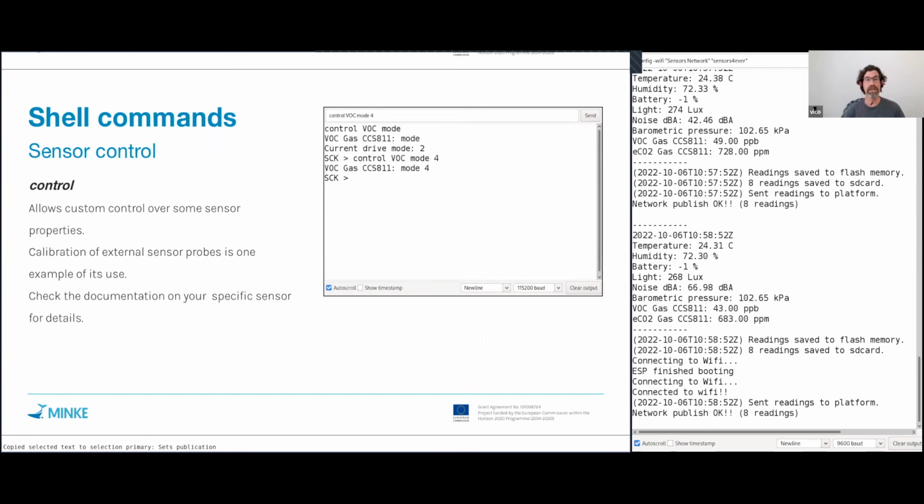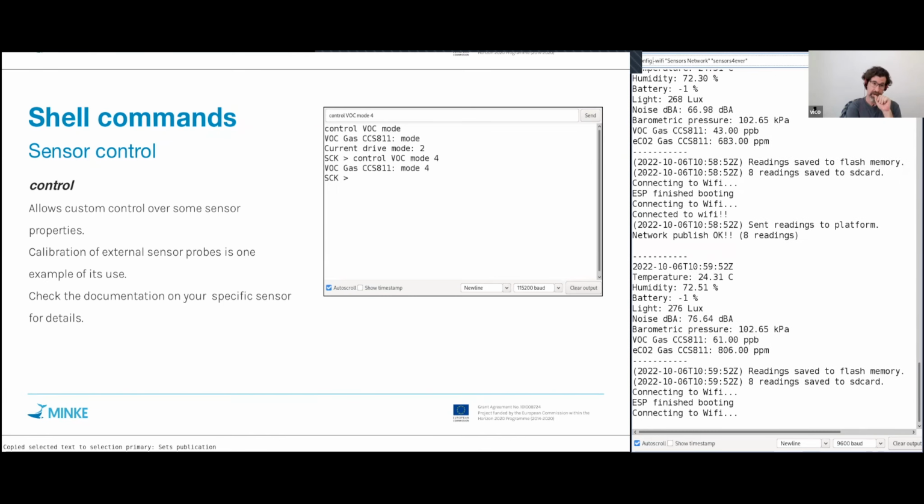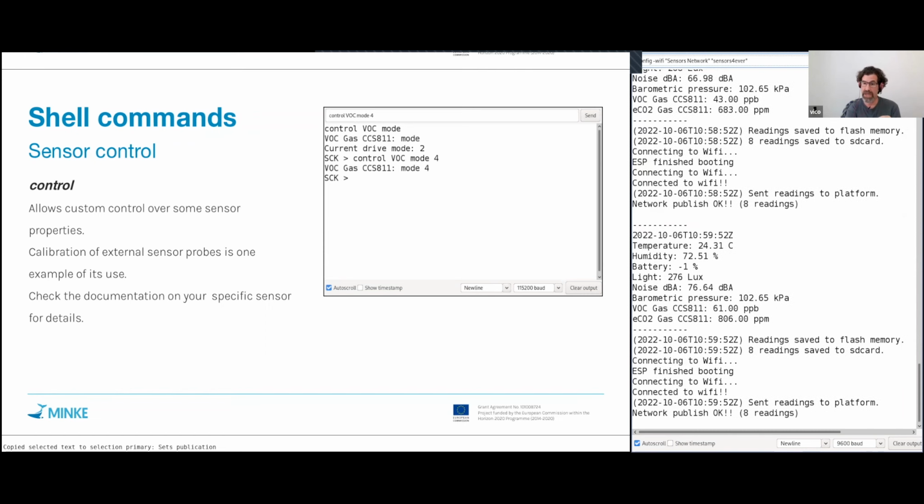Control. This is a little bit more advanced command because it depends on the sensor itself. Each sensor can, but not always, have some stuff that you can control, some calibration data, some settings of the sensor, how often it updates internally, stuff like that. So with this command, we can access that